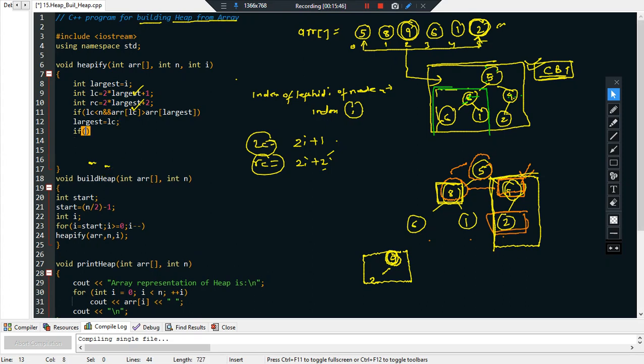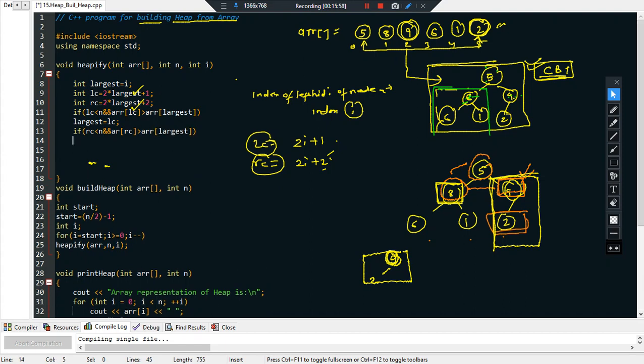And if the right child is also within the range, and the value of right child is greater than array of largest, which indicates that the largest value is present in the right, then my largest will point to the right child.